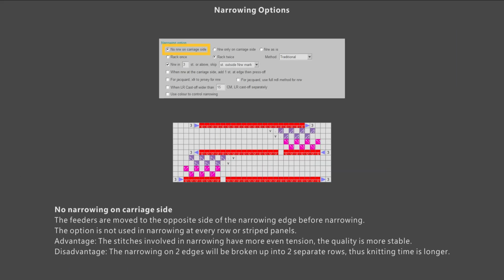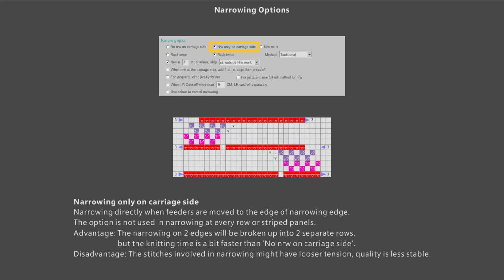Next, let's move on to narrowing options. If we select No Narrowing on Carriage Side, the feeders are moved to the opposite side of the narrowing edge before narrowing. The option is not used in narrowing at every row or striped panels. The advantage is that the stitches involved in narrowing have more even tension, which increases stability. The disadvantage is that the knitting time is longer, as the narrowing on 2 edges are broken up into 2